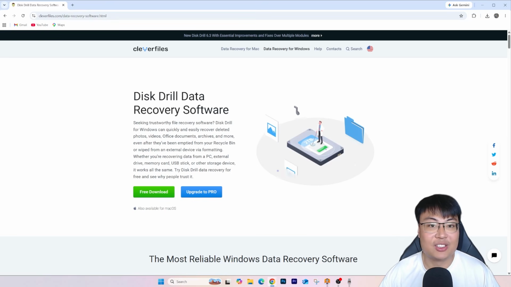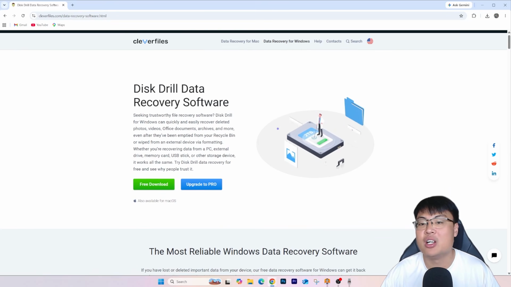Whether you accidentally press format in your camera, pull out your card too quickly, or corrupt the drive, I've got the exact solution to get those files back. And it is with the help of this software right here. This is the Cleverfiles Disk Drill data recovery software, and I use this personally to recover all the files,